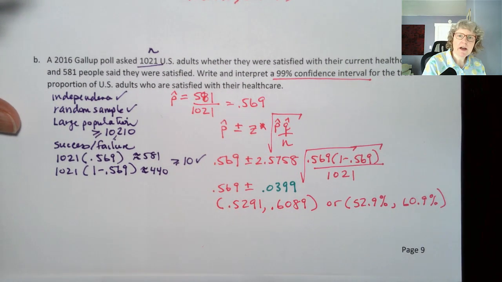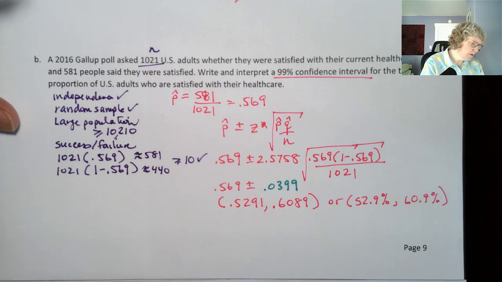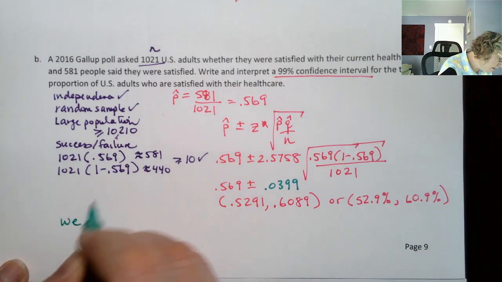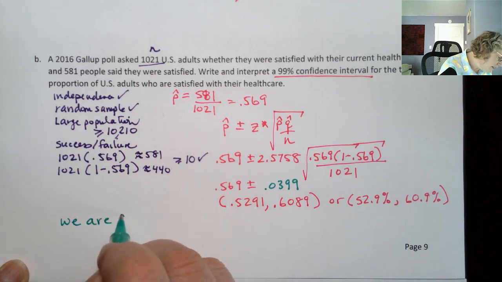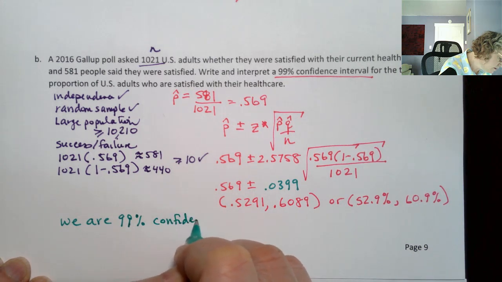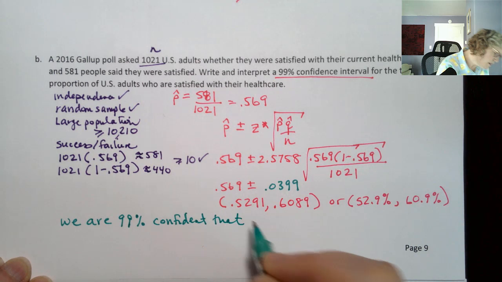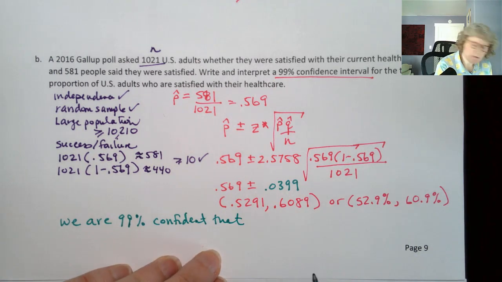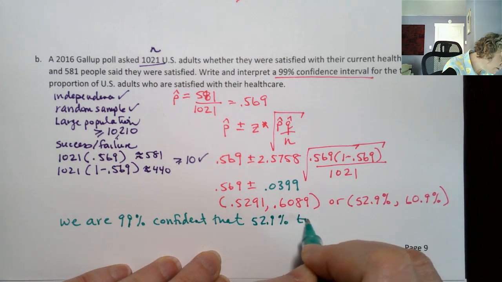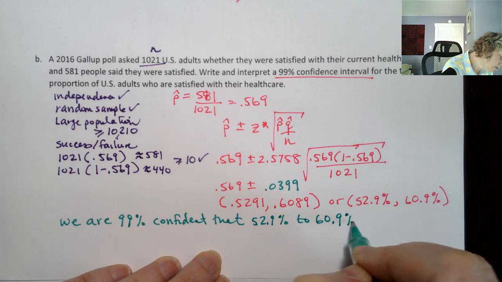Okay, so now we can write out our interpretation. And from up above the notes, remember the three things are the confidence level, the interval, and the wording for the population proportion. Okay, so I'm going to use a similar wording. We are, or we can be 99% confident that, okay, this time I'll put the percentages first. I'll vary it just a little bit. That 52.9% to 60.9%